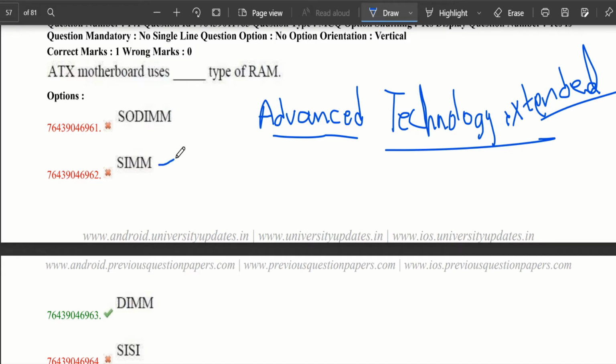Single inline memory module, dual inline memory module. We don't have any type of RAM called CC. So the ATX motherboard uses DIMM: dual inline memory module is the RAM used for ATX motherboards.